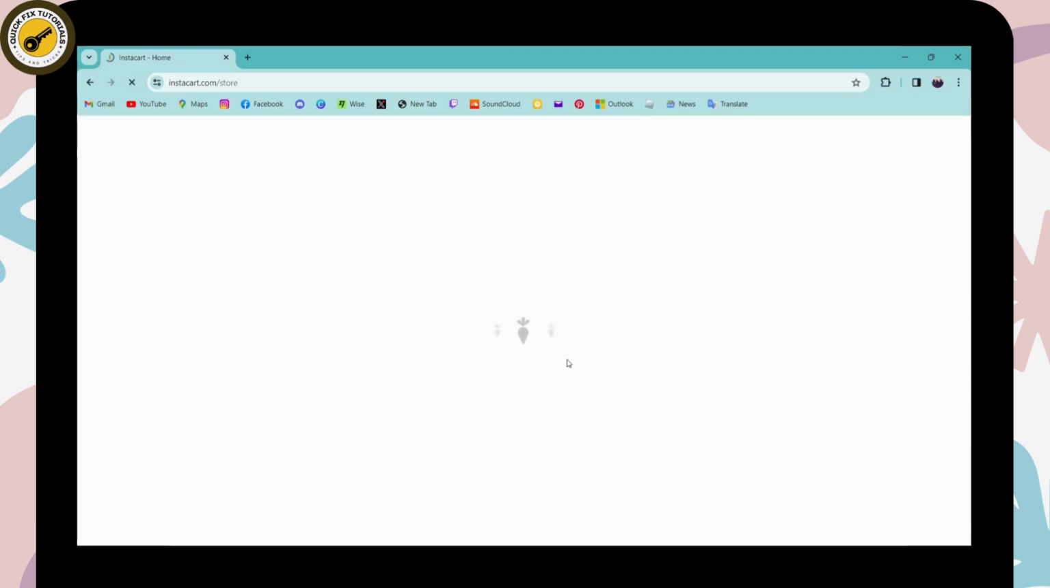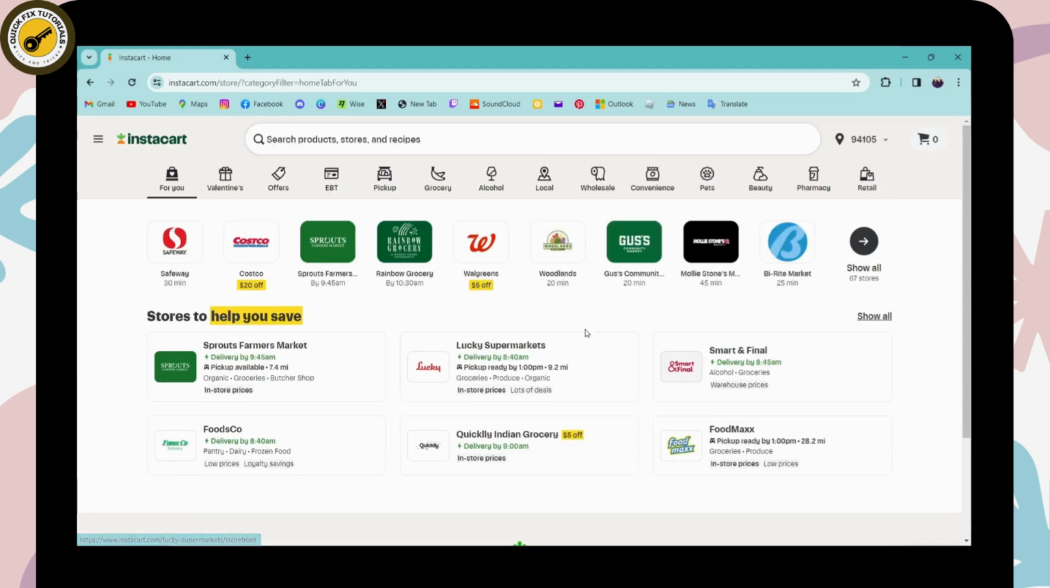And once you click on login, it will log you into your account. So that's it. That's how you log into your